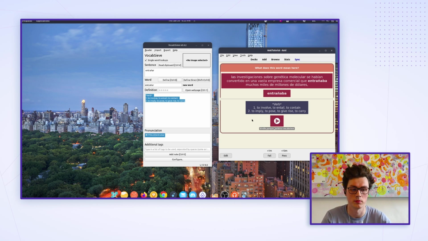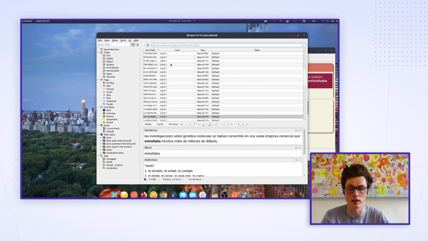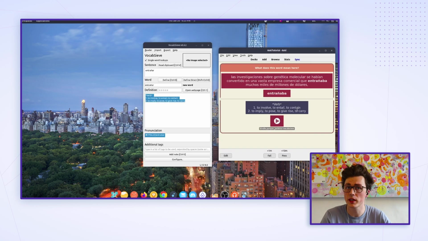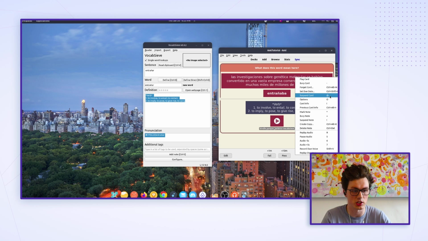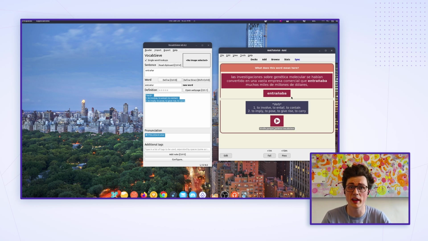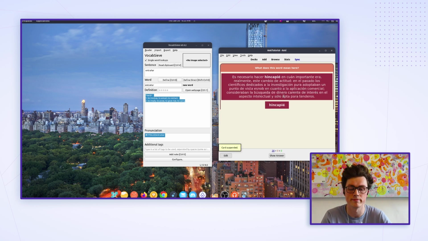a few months ago. I personally will just make these edits one at a time as I'm studying the cards, but some people prefer to go through the list as a whole. Another trick is that you can just hold Shift and press 2, which is the suspend card action, if you just don't like a card, right? If you come across a word you actually know now, or you just for whatever reason don't want to study it, Shift 2, it's gone.